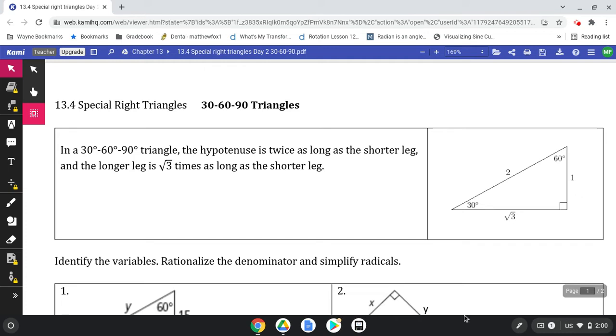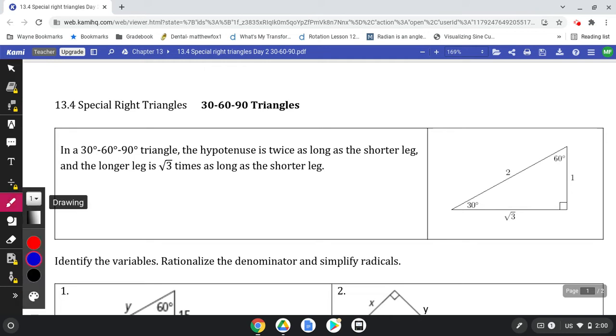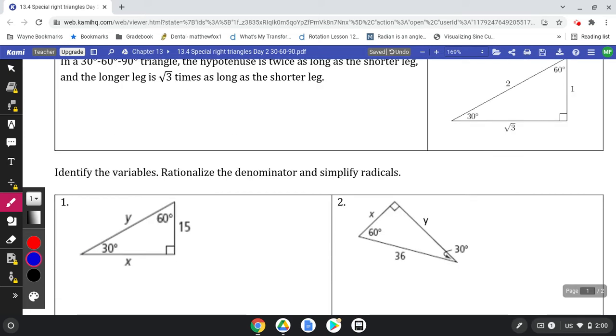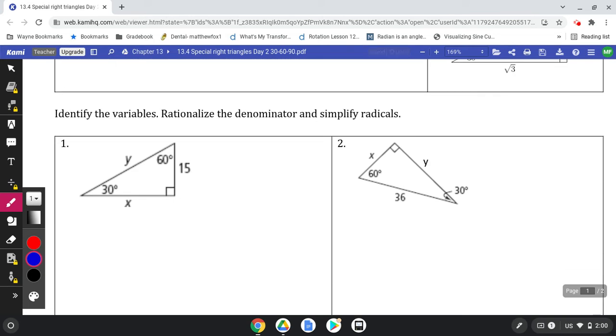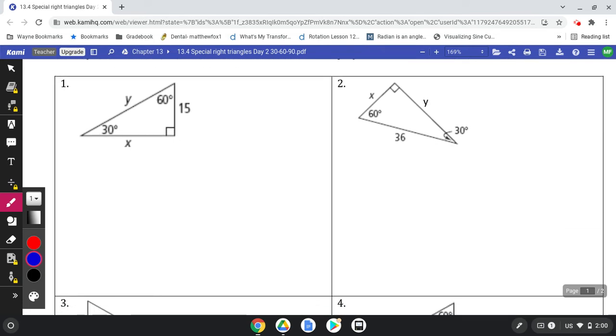This triangle right here, you should draw, let's see, I need my pen. You need to draw this in your notes, okay? This is what we are comparing everything to. So this first one, it does not matter. Here, pause it if you need to draw it, but it does not matter if you find x or y